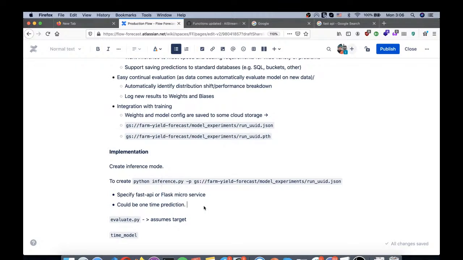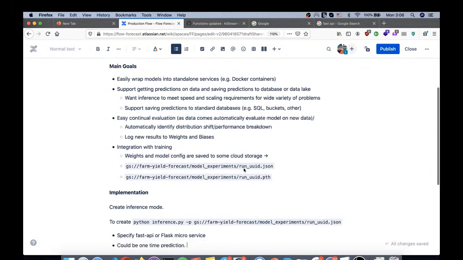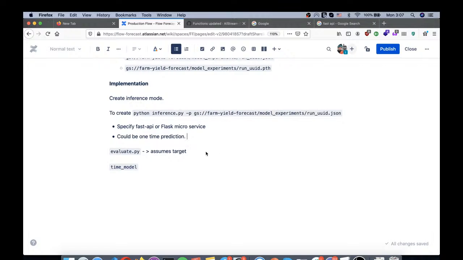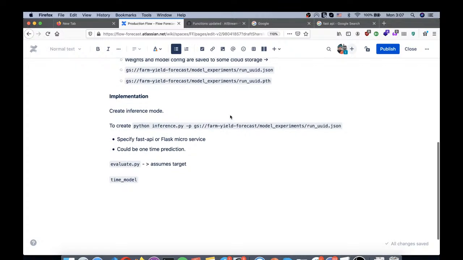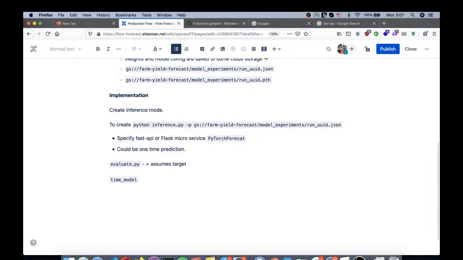So one-time prediction would probably be fairly easy. We would just specify maybe a file. Also, we'd have to point, because as I said, I think this is what it's actually called, but I might be wrong, there's this PyTorch forecast class, and basically when it's initialized, it generally expects a train.csv,